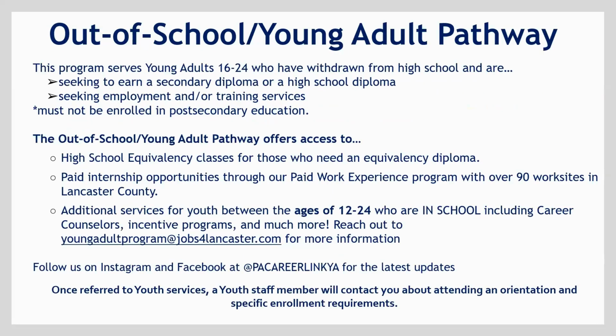So our first pathway is our out-of-school young adult pathway. This program serves young adults 16 to 24 who have withdrawn from high school and are seeking to earn a secondary diploma or high school diploma, seeking employment and or training services, and they must not be enrolled in post-secondary education. The out-of-school young adult pathway offers access to high school equivalency classes for those who need a diploma, paid internship opportunities through our paid work experience program with over 90 work sites in Lancaster County,